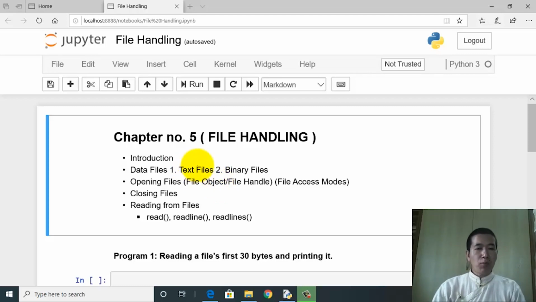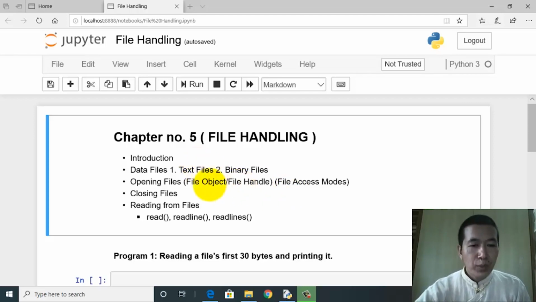Now the second important point is data files. I will not be explaining the entire points. I'll offer you a brief explanation first, and then I'll get on with the practical demonstration of the program, which will give you a clearer or more complete picture of these important concepts. Otherwise, if I go on explaining all the points without getting on with the program, you may have difficulty understanding the concept, right? So the data files, there are two kinds of data files.